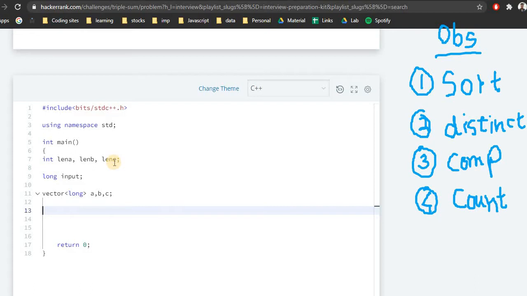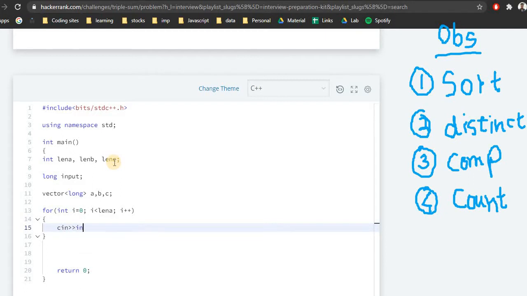To take the input, for i equal to 0, it will go up to len A, because we are taking input for the first array, A, i plus plus. Here the input will be taken with cin, and we will push back this input into our array, so this will basically be A dot push_back input.